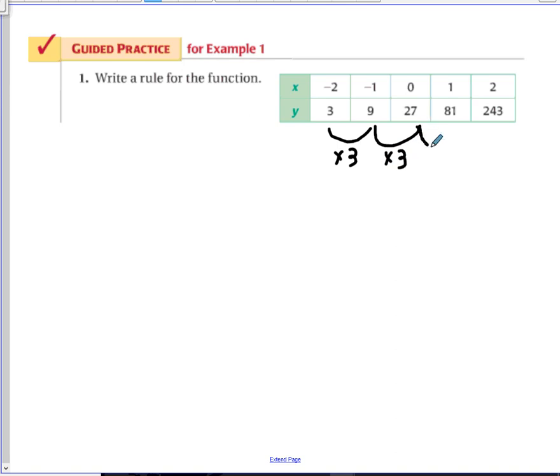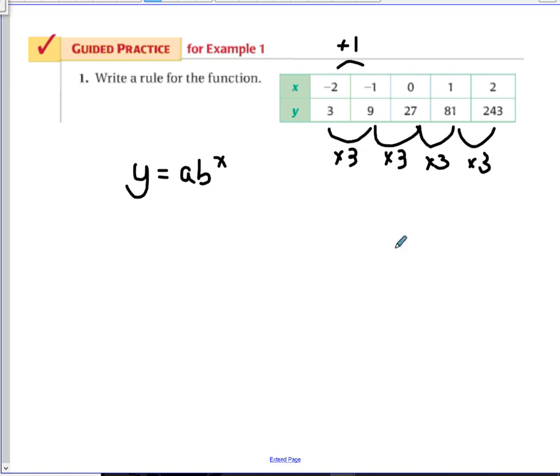All right, and I'm going to check to make sure that 27 times 3 is 81, and it sure is. So we're finding that each step, as we go up one value, because if you notice these just go up one value, my y value is being multiplied by 3. This tells me that this is in fact an exponential function. So I'm going to have y equals, and I'm putting it again into my a b to the x power,